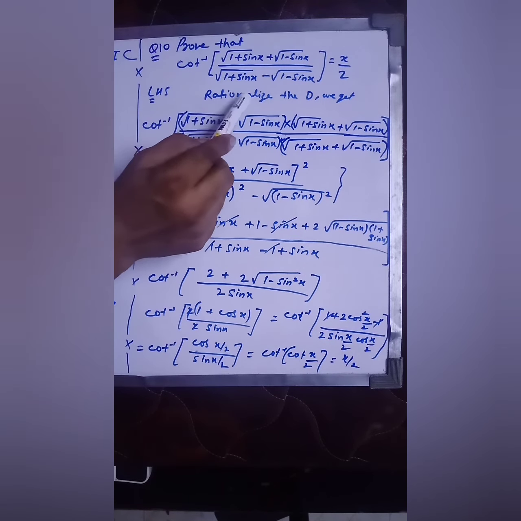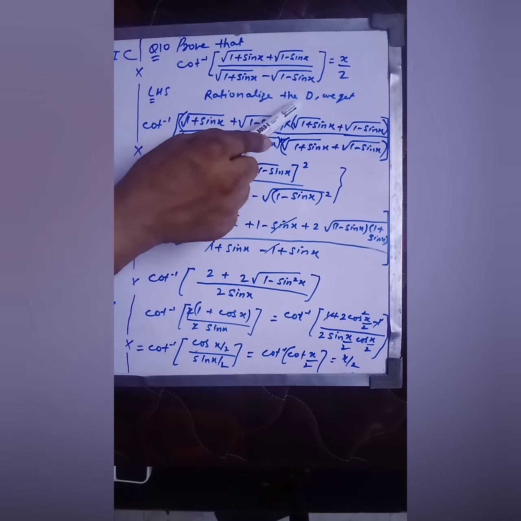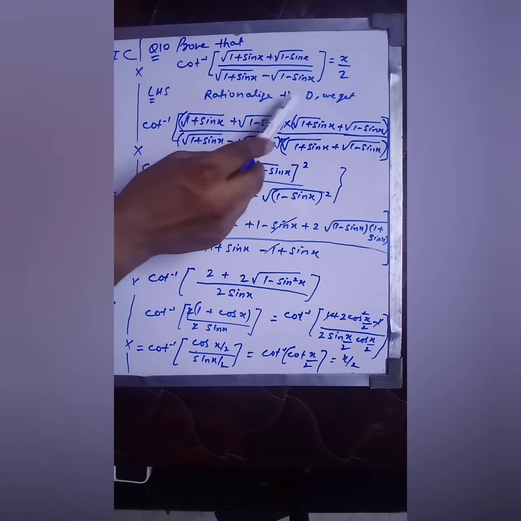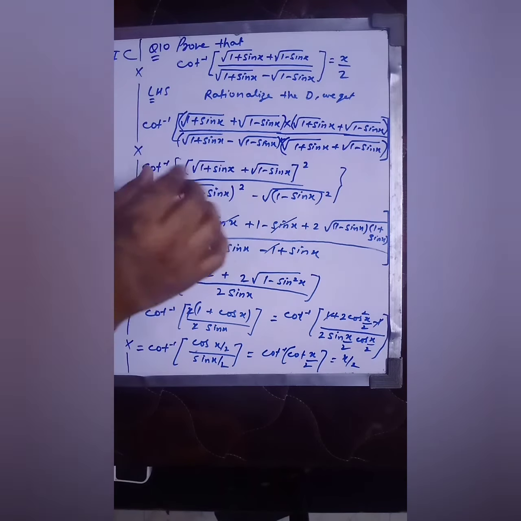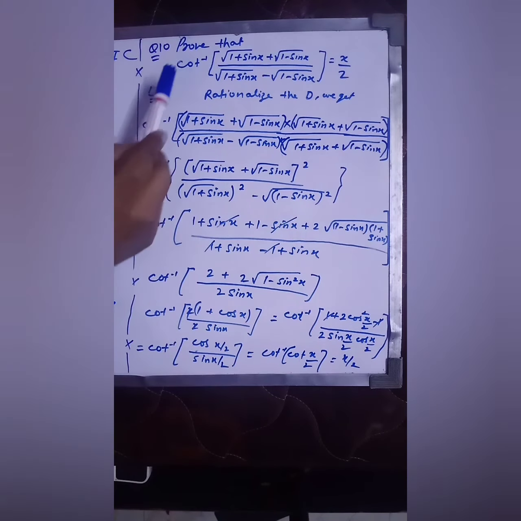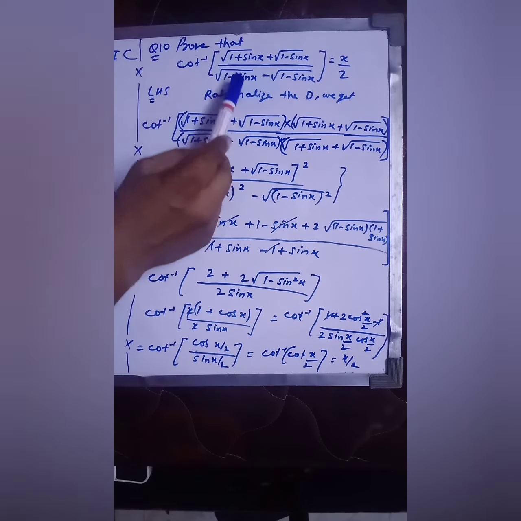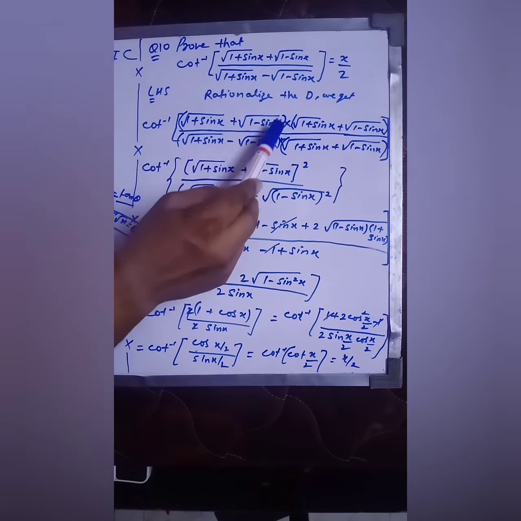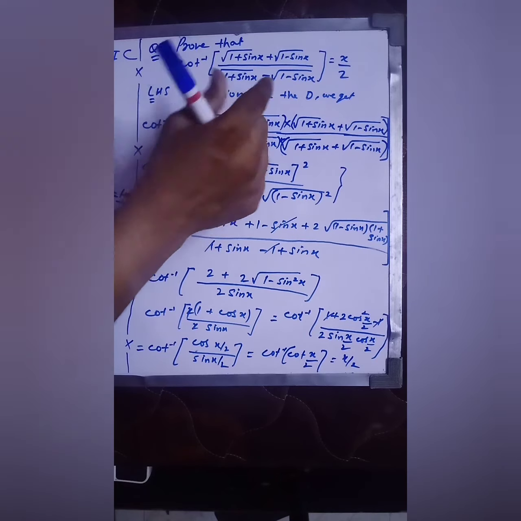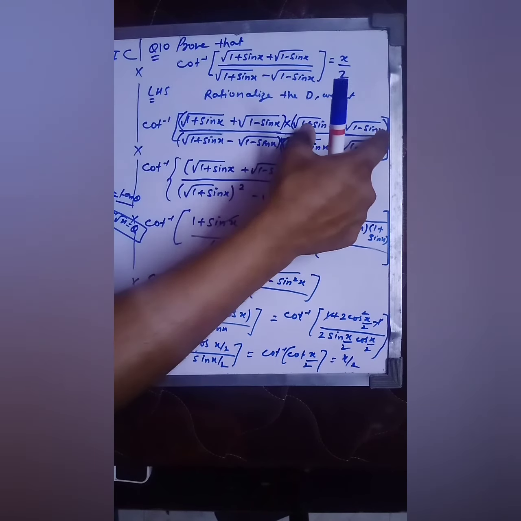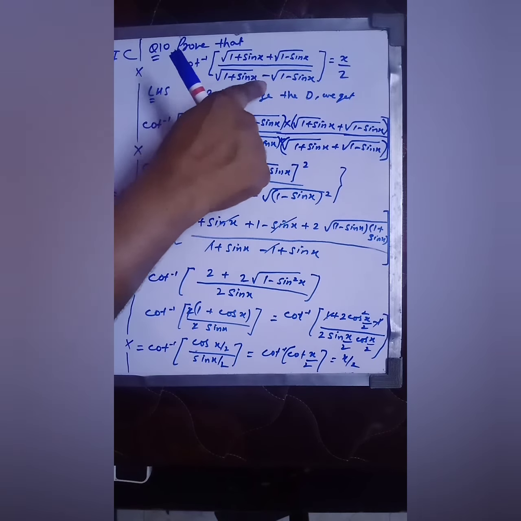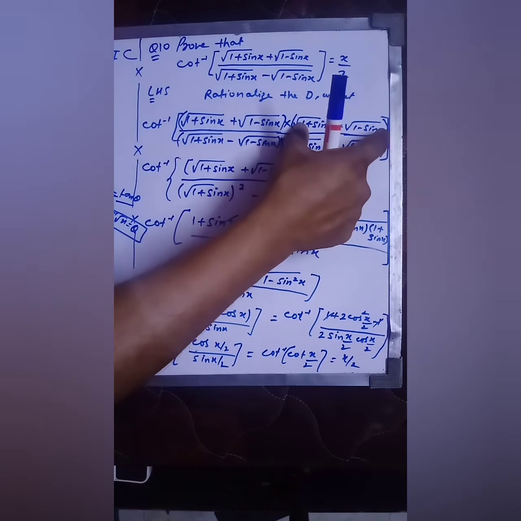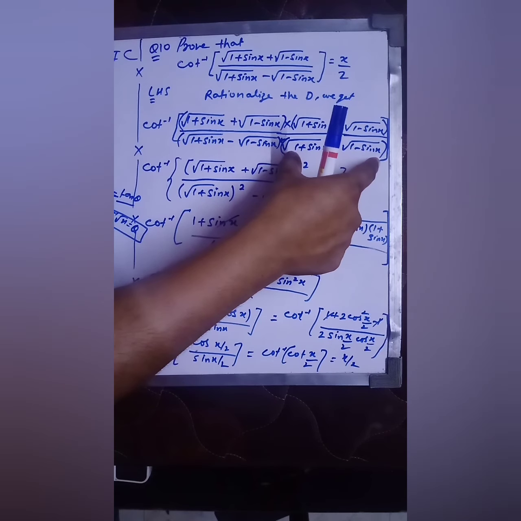In the left hand side, I am rationalizing the denominator. See what we will get after rationalization. So we will write cot inverse, the numerator the same, and in the numerator we have to write the denominator, and we have to change the sign. So you have to write under root 1 plus sin x plus under root 1 minus sin x over this and upon this. Okay, you know how to rationalize it.